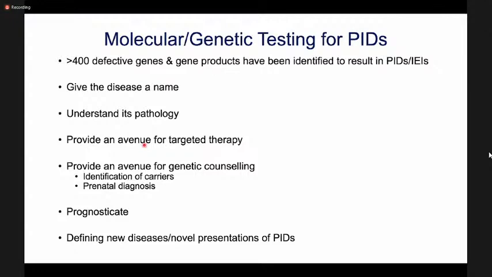So, for example, especially if these are patients from a consanguineous, the parents of the patient are consanguineous, then you can provide genetic counseling so that they know what are the chances of the next child, for example, carrying such an abnormality, okay? Provides an avenue for prenatal diagnosis, prognostication as well. And then the only way we know, they keep adding to the numbers of PIDs is because of